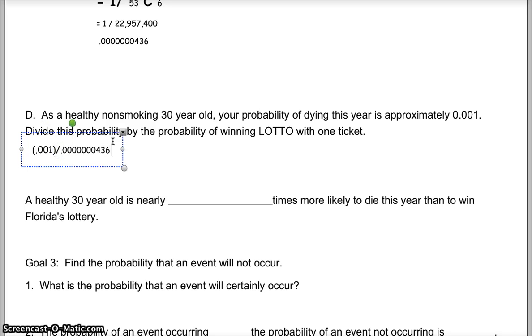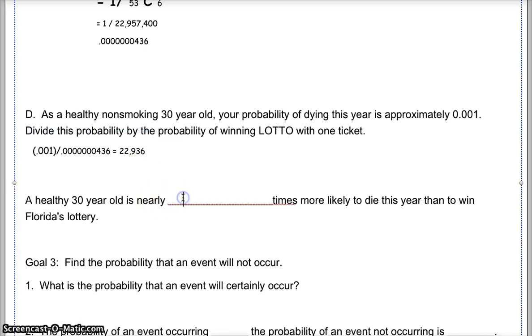Go ahead and take your calculator and calculate this. So the probability of dying is 0.001, and when I divide that by the probability of winning the lottery with 1 ticket,